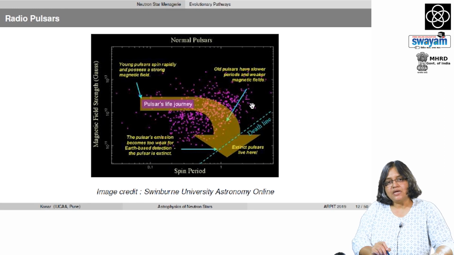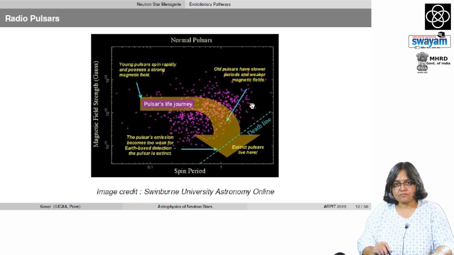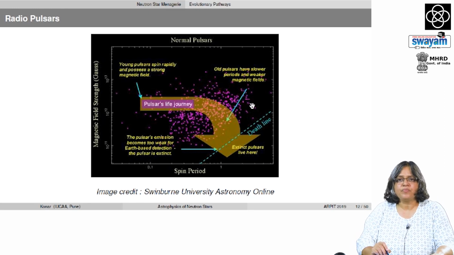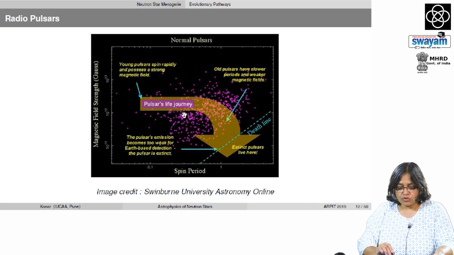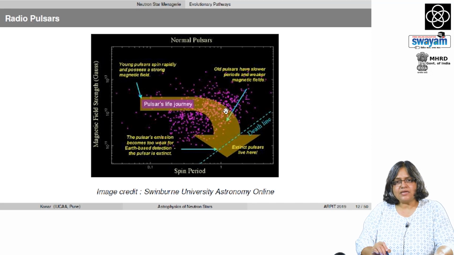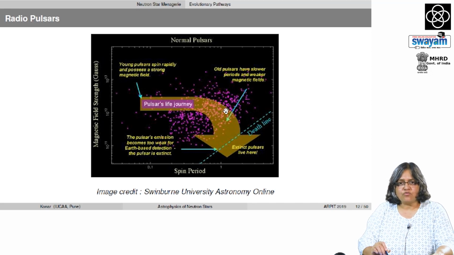Now, we have seen that all radio pulsars undergo secular spin down, because rotational energy is being given out and the pulsars are slowing down. So, they would move like this, and there is also a small amount of magnetic field decay, even though not very strong. Now, the pulsar's emission becomes too weak for us to detect when the spin period increases significantly and